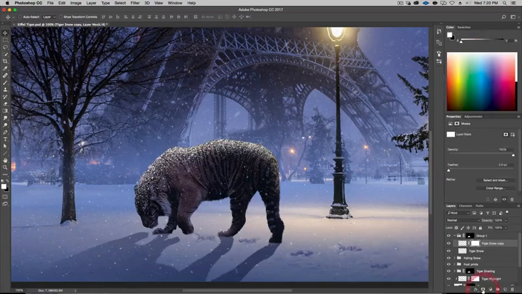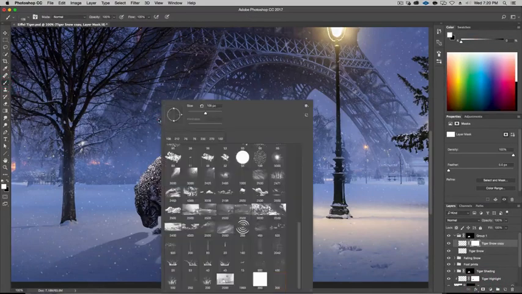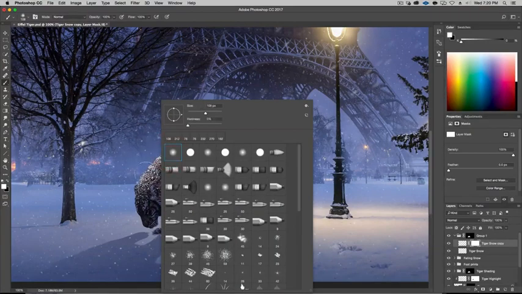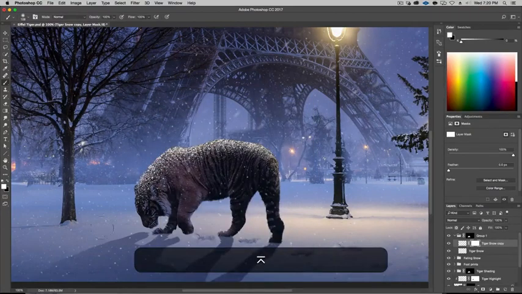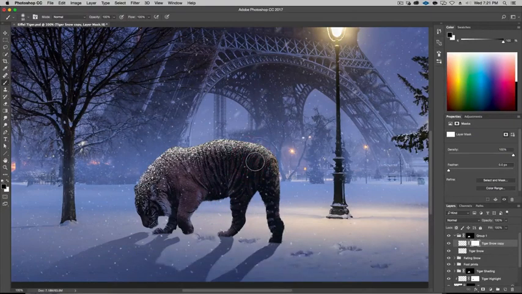Make a little mask here, go to the brushes, but this time instead of my new snow brush, let's hit return, and I'm going to mask, so black to conceal, and just get rid of some of it that's over here. I want it really at the top. I want it strong at the top. Okay, that's cool. I like that.